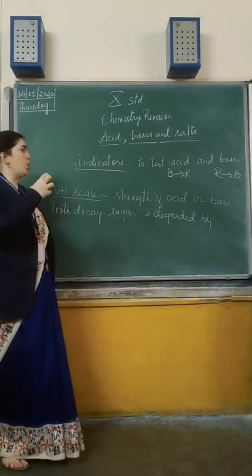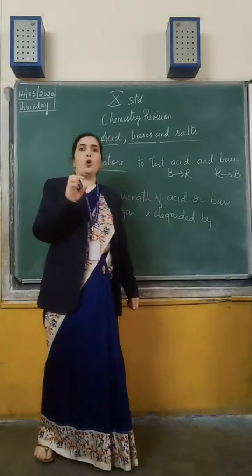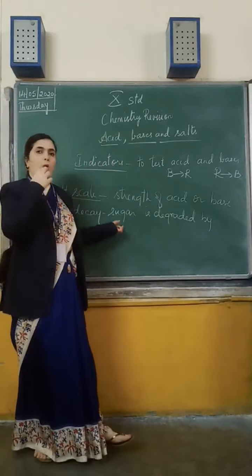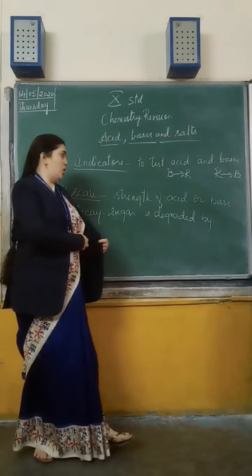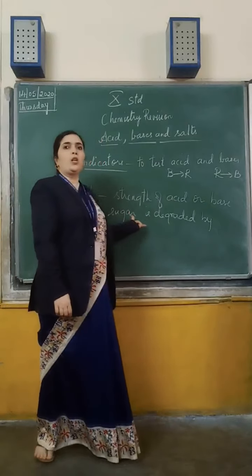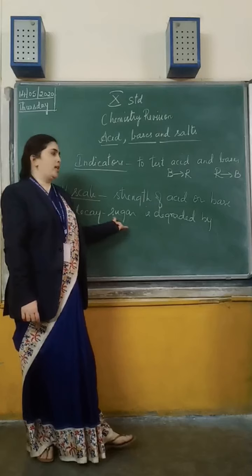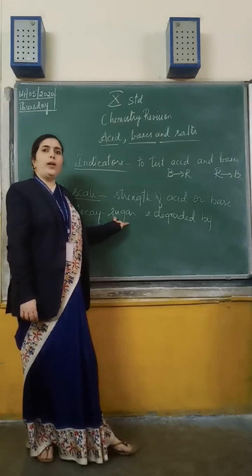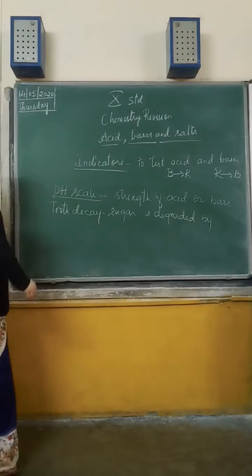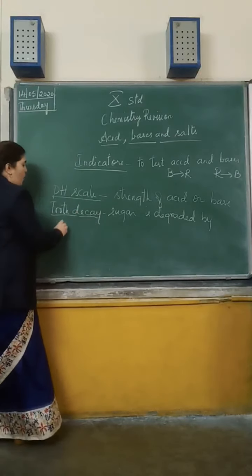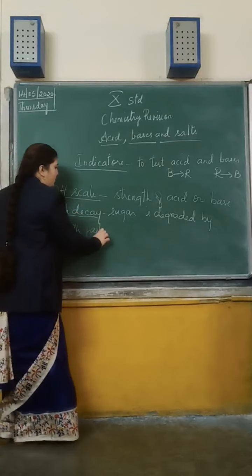That acid, slowly what will it do? It will corrode the hardest substance on our tooth, that is enamel. Slowly that enamel will get degraded or decomposed and it causes tooth decay. The rupturing of the enamel causes the tooth decay. So what do we use to avoid that decaying or spoiling of the tooth? We use toothpaste.